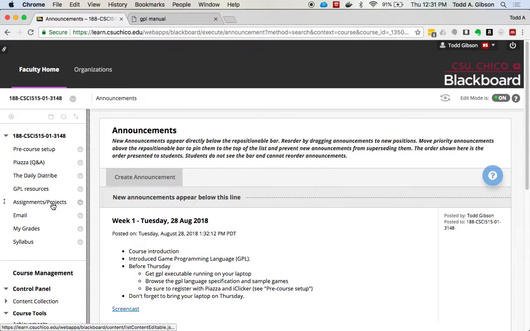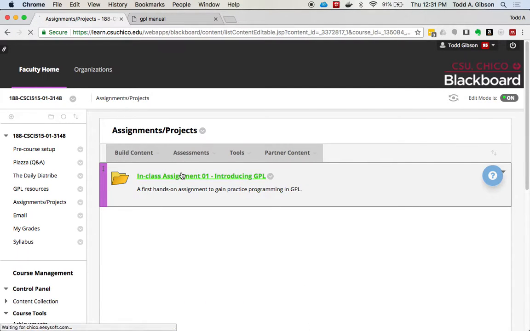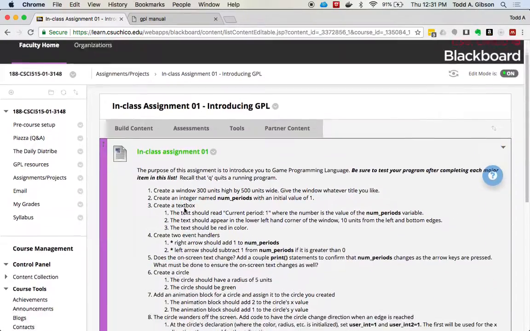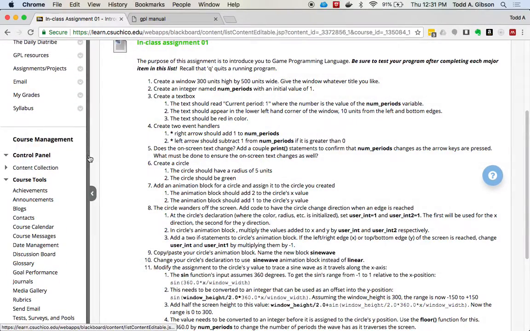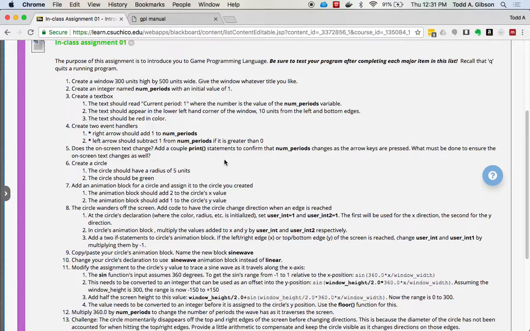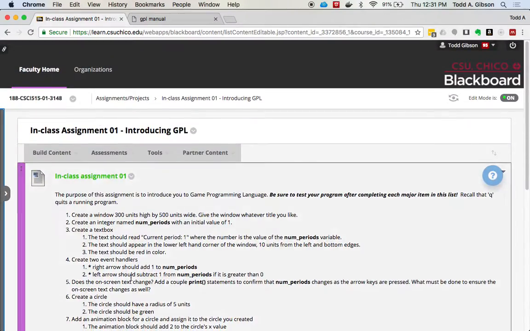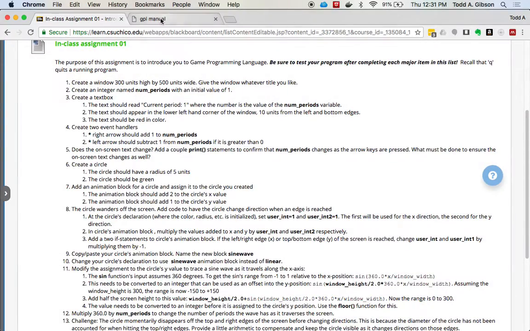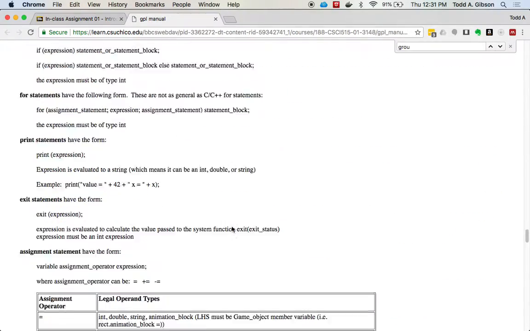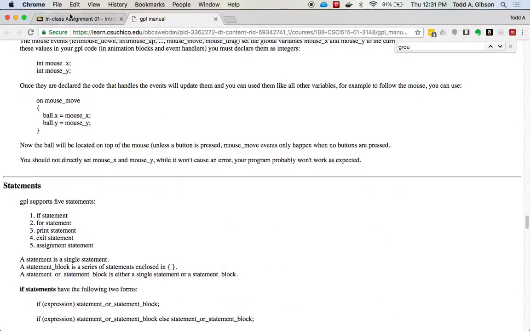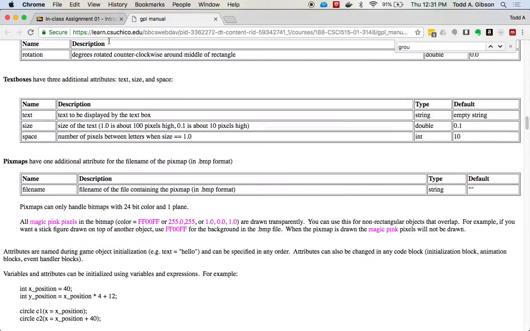In the assignments projects is the assignment 01. And I've got just a whole bunch of things to do. A lot of it is walking you pretty straightforward through it. It isn't giving you the syntax or anything. So the assumption is that you'll spend a lot of your time with this GPL manual searching for,